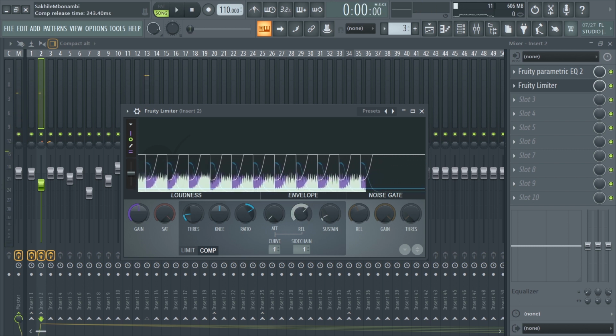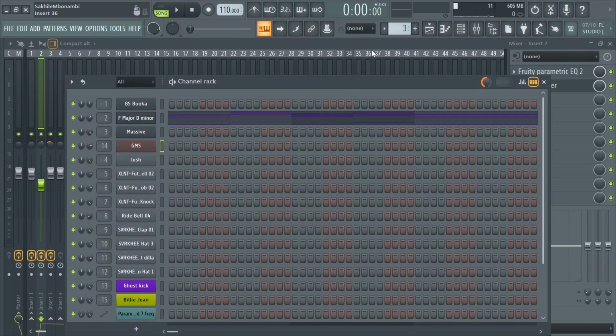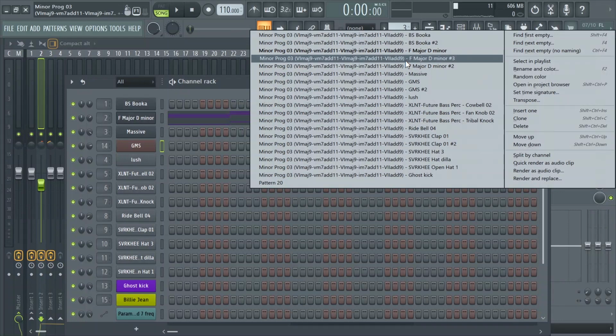Here the release is almost twice as long as the kick, and that's what really makes this synth a bit more interesting than it actually is. And so moving on to the next part,